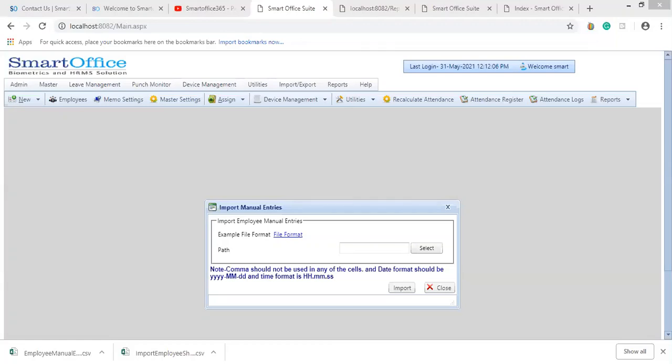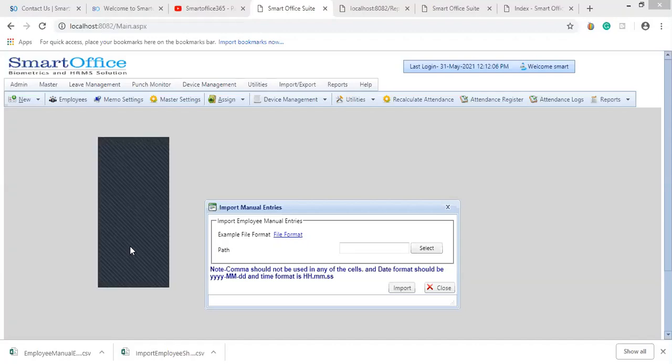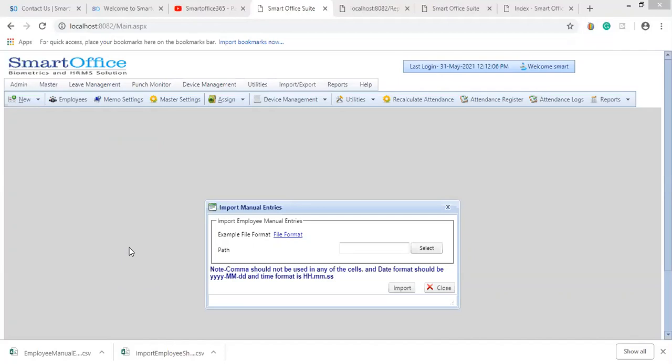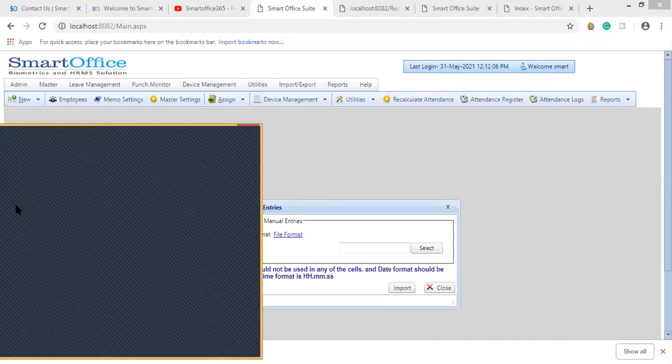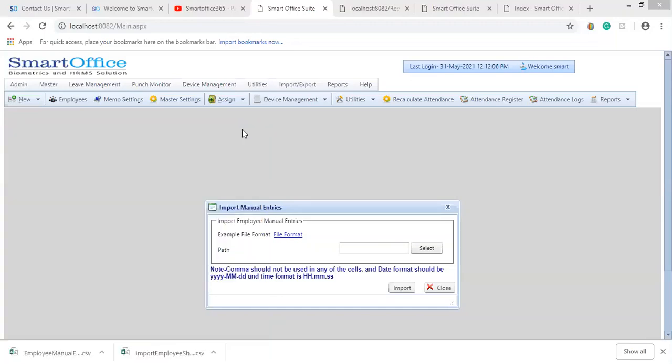So in bulk, if you want to change the format, just select the row, select format cells, and you can make the changes, custom the things, according to this. This is the default date and time format when you are importing the sheet. So this is how you can import the manual entries, and this is how you can import the shift timings of your employees. So this is all about the shifts.